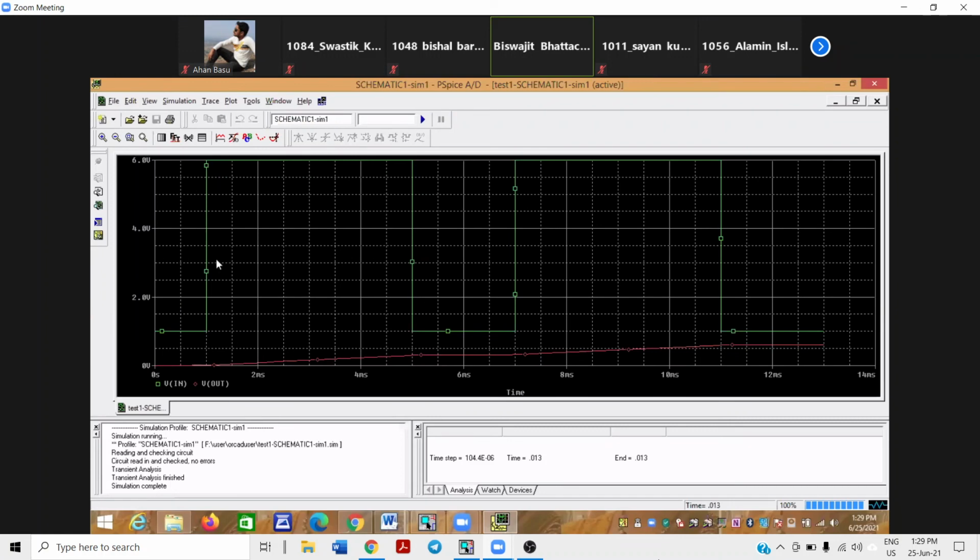After that the pulse rises from 1 volt to 6 volt. Then the pulse falls within 1 nanosecond from 6 volt to 1 volt. Then for 2 milliseconds the pulse will be low. Low means 1 volt. Then it will be again 6 volt. Again 1 volt. So up to 13 milliseconds we are running.